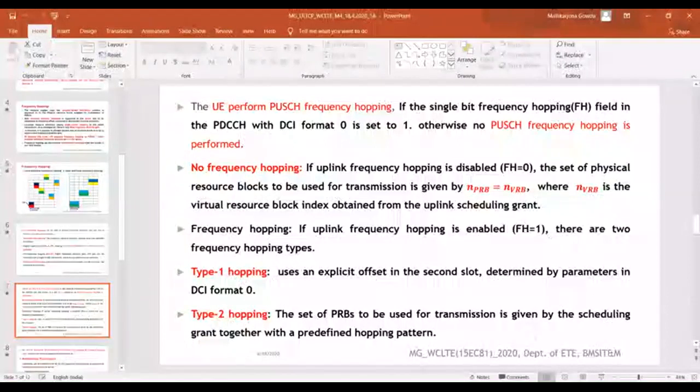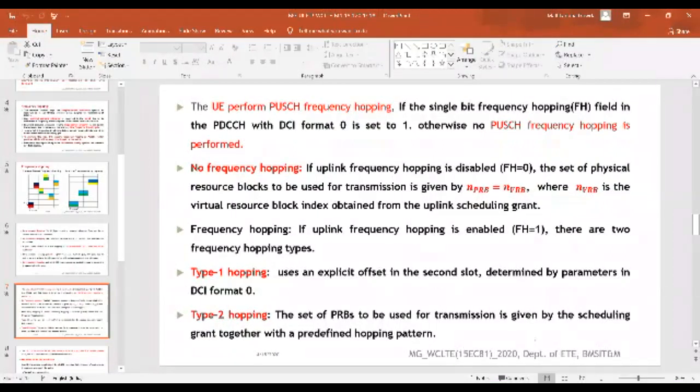If it is set to 1, then it performs the frequency hopping. And if it is set to 0, then the frequency hopping will not be performed by the physical uplink shared channel. So there is a field in the DCI format 0 for this frequency hopping.